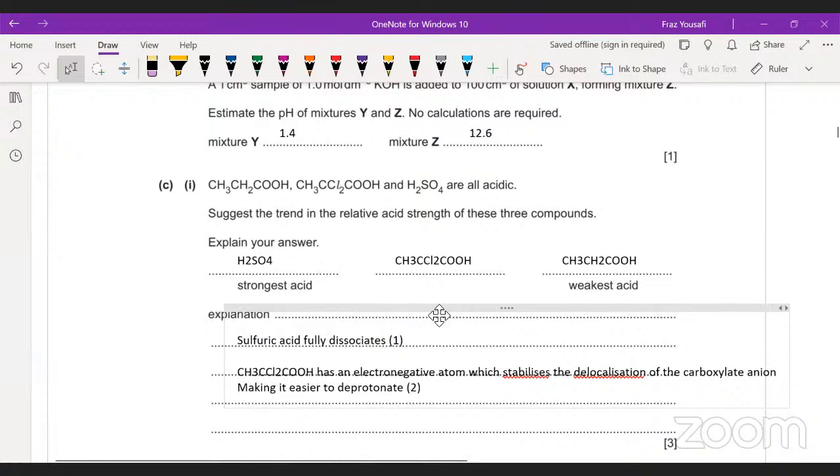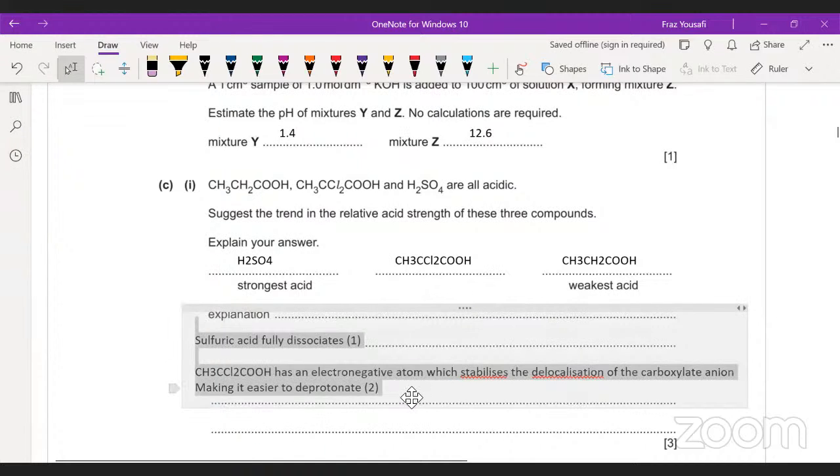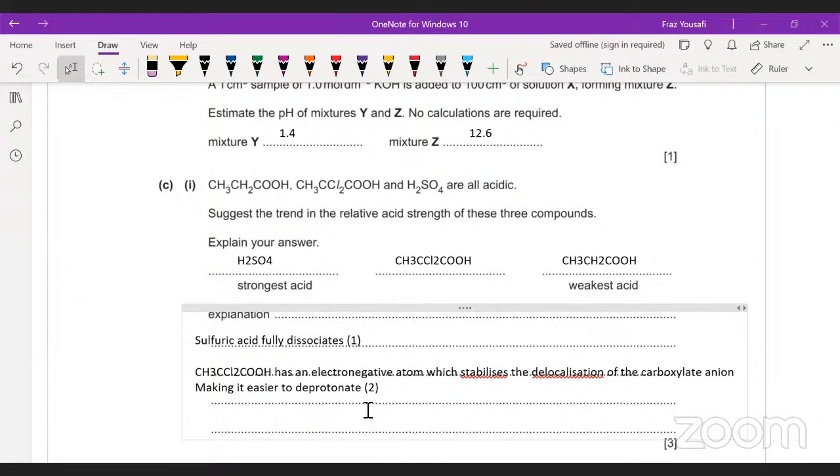Note, the key of what I wanted to put together is I'm mentioning the idea of the deprotonation. That's the priority. The fact that you now have those 2 chlorines present near the actual carboxyl, the delocalization becomes more stable, making it easier for you to lose a proton in the first place. However, in terms of the propanoic acid,